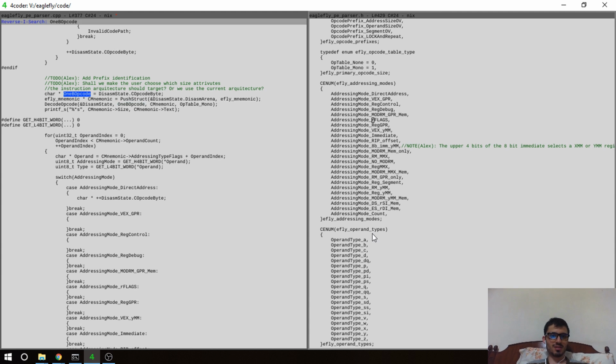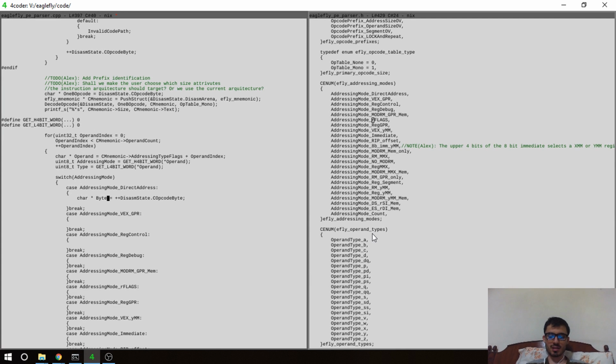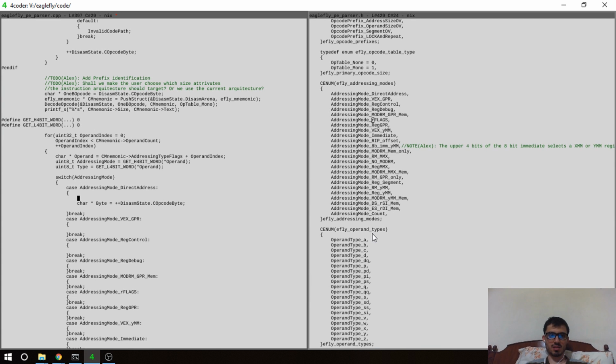I think it's the same. So in this case, we're gonna get a char, and let's call it byte. We don't know what it is. Well, we believe it's immediate. Which size we don't know, because for that we need to get the type. So probably it's good to say